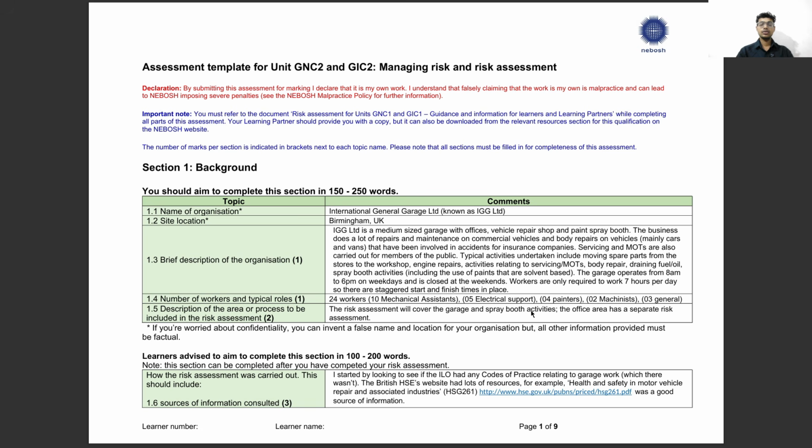So understand, while writing, if you just write a basic description, that will give you just 1 mark. You should include the area and the activities of that, which means you can see the spray booth activities. They said the garage, it is a place where activities go on. So it should include the equipment. For example,